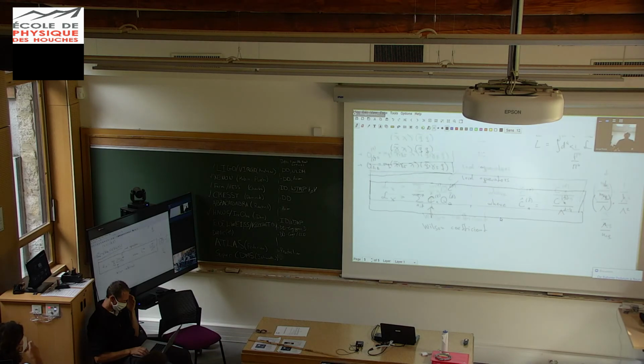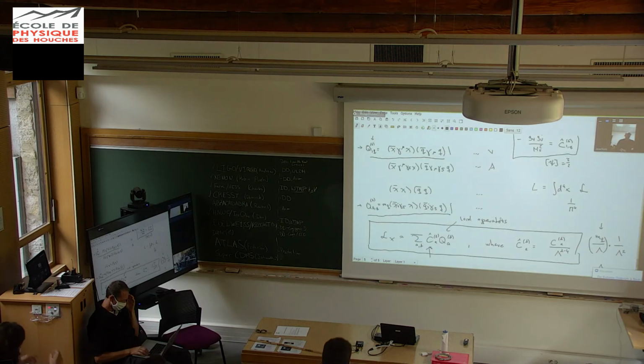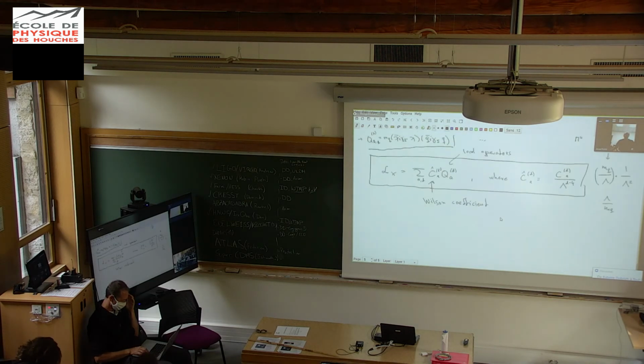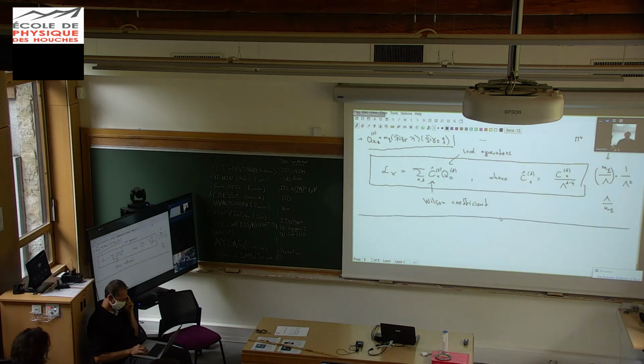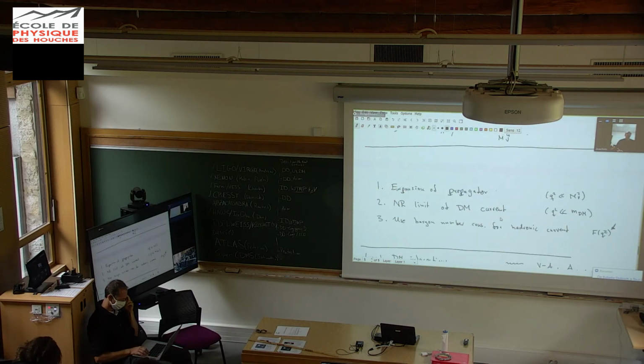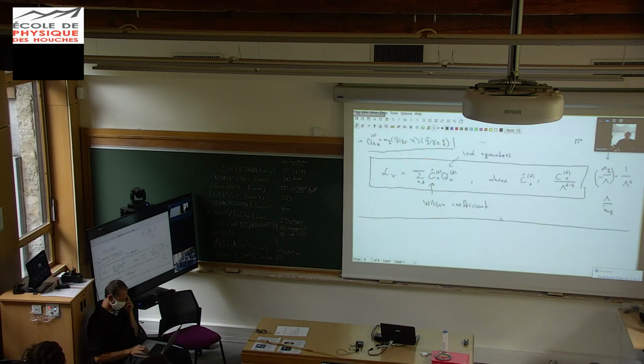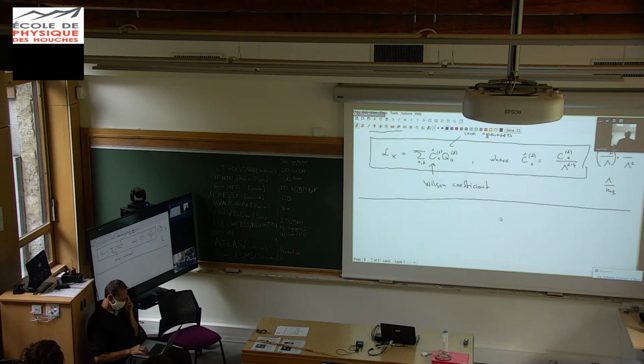Okay, and the two I want to focus on are these two, Q1 and Q8. So that kind of takes care of this one, the expansion of the propagator. That's done. So the next thing that we want to do is to take the non-relativistic limit, and we want to first discuss the dark matter current, because we will again assume that dark matter is like a point particle, elementary. So that will be relatively easy, and then we can discuss complications of bound states later once we understand